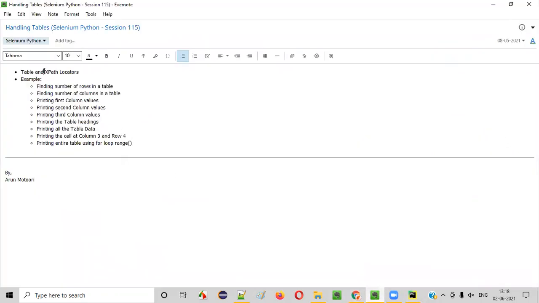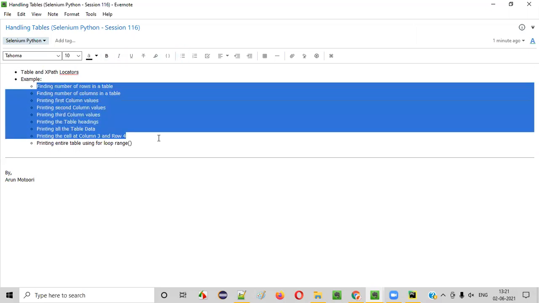What is that thing? We're going to use XPath locators, guys. In one of the previous sessions, I already covered the XPath locators. If you don't know how to create the XPath locators on your own, then just refer to the previous sessions where I explained the XPath locators in detail. So by assuming that you know the HTML basics of the table and also know how to manually create the XPath locators on your own, then we can start this. Let me practically demonstrate each and everything for you.